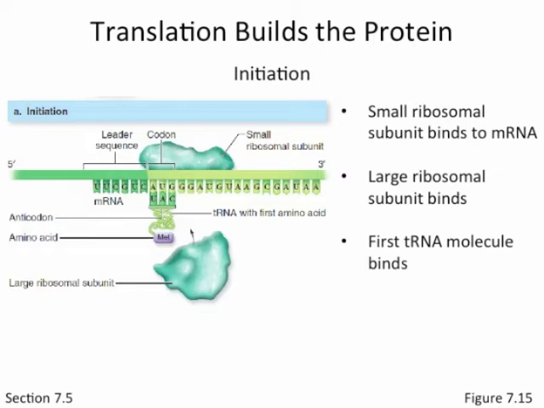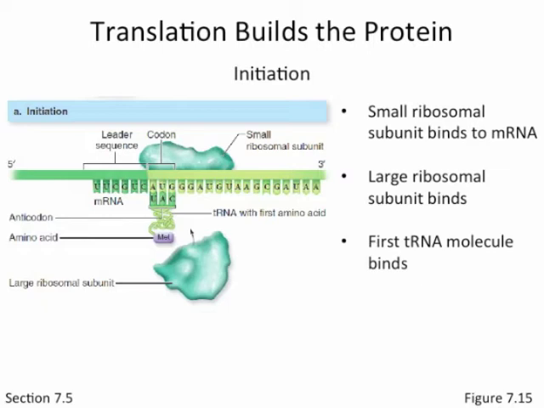And if you remember from Wednesday, a lot of this stuff that's prior to the start codon, which is called the 5' UTR, 5' untranslated region, that has other functions. It might be a localization signal to tell the mRNA where to go, where in the cytoplasm does it end up. So there's a lot of things that happen here, but they have nothing to do with the protein that's being made. The first thing that relates to the protein is AUG, and so that's what the small subunit looks